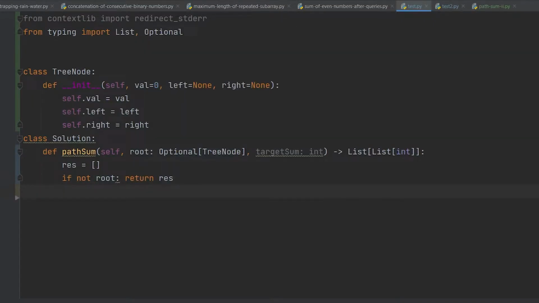After that we store our path in a stack. For that, stack equal to, we store a root and root dot value. Now we iterate through our stack. While len of stack is greater than 0, we pop the value from the stack. So for that, node and path equal to